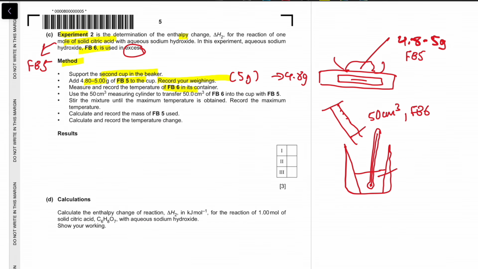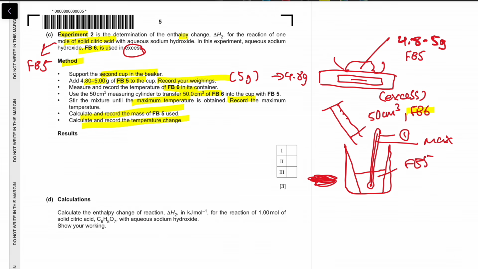Sorry, this is our FB5. So we've transferred the FB5 to the cup and we want to measure its initial temperature. And then we're going to add 50 centimeters cubed of FB6, our sodium hydroxide, which is in excess, by the way. And we're then going to stir. Then we're going to measure the maximum temperature. And then we're going to record, and then we're going to calculate the mass of FB5 used and the temperature